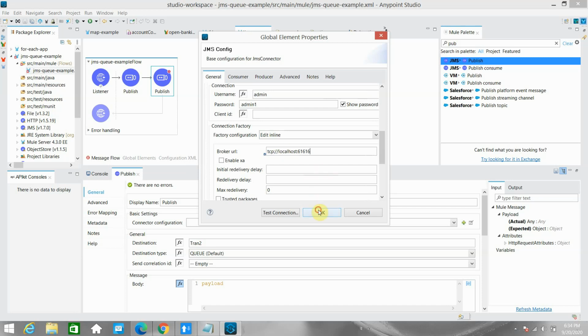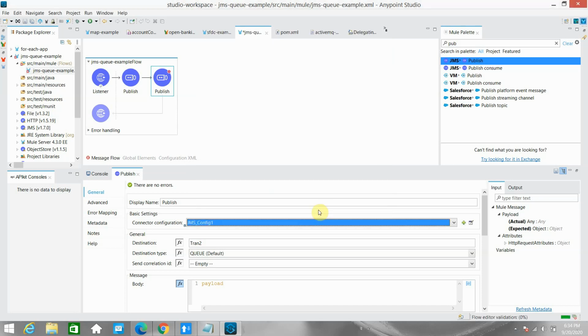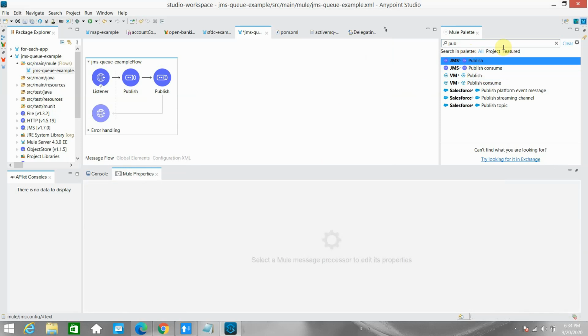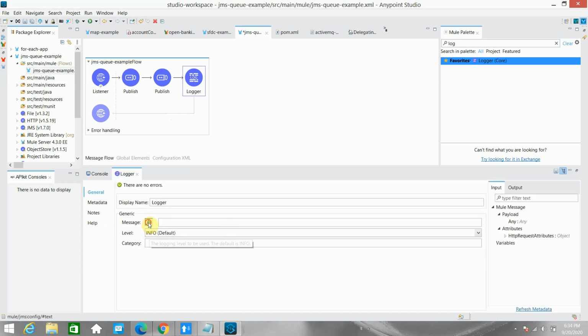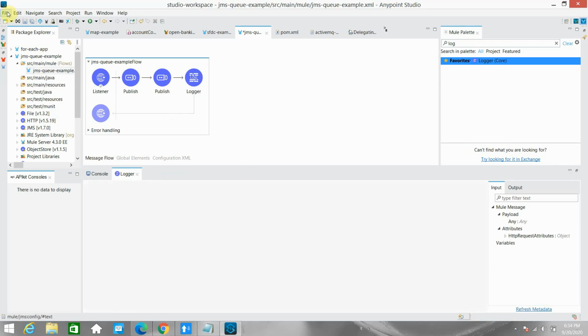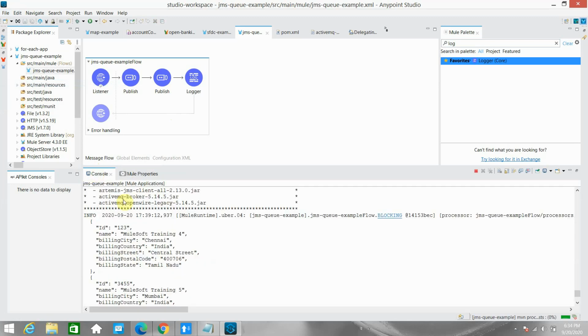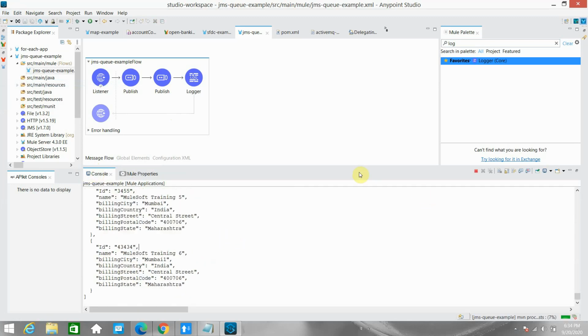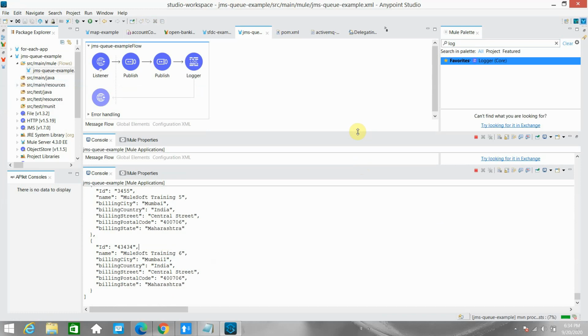So I have configured it, and at the end I can give a logger and simply say processing completed. Let me save the application. It should deploy the application.